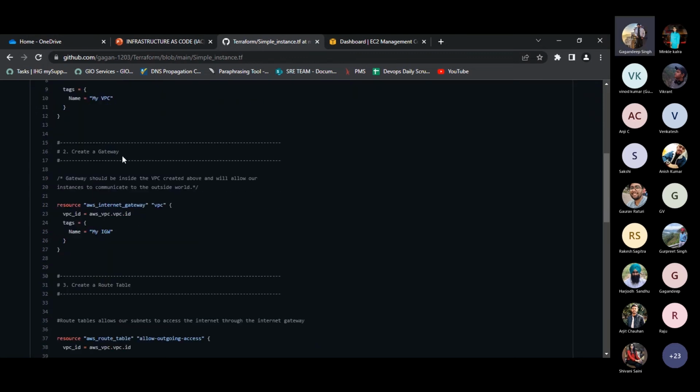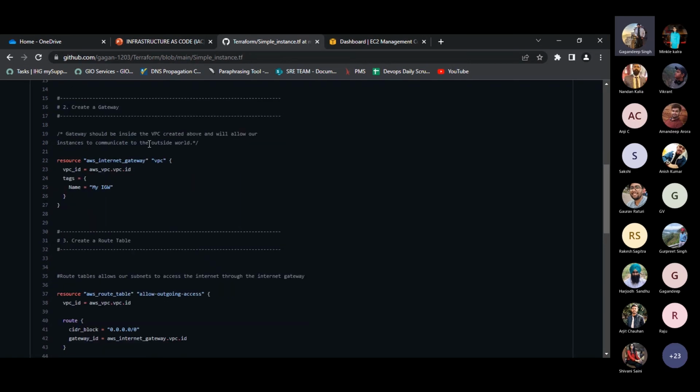And this is the internet gateway. It should allow us to communicate with the outside world. Again, we are using a resource block, and this is the default we have to provide over here, that is aws_internet_gateway.